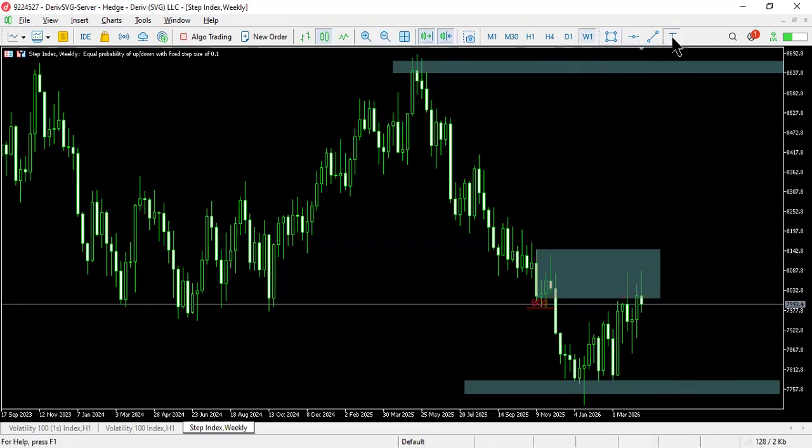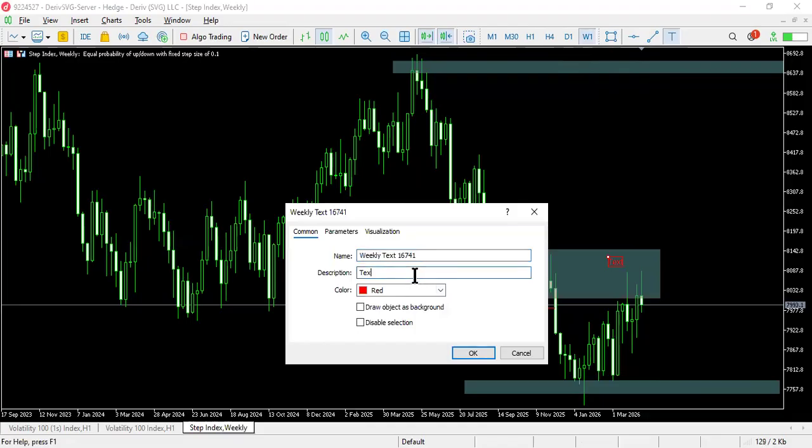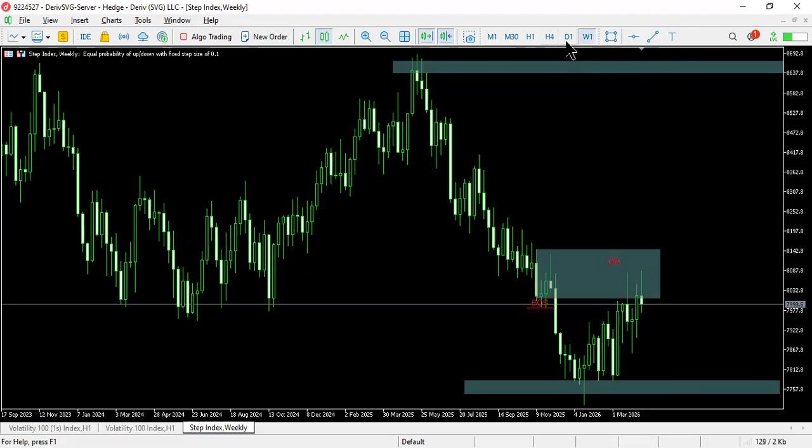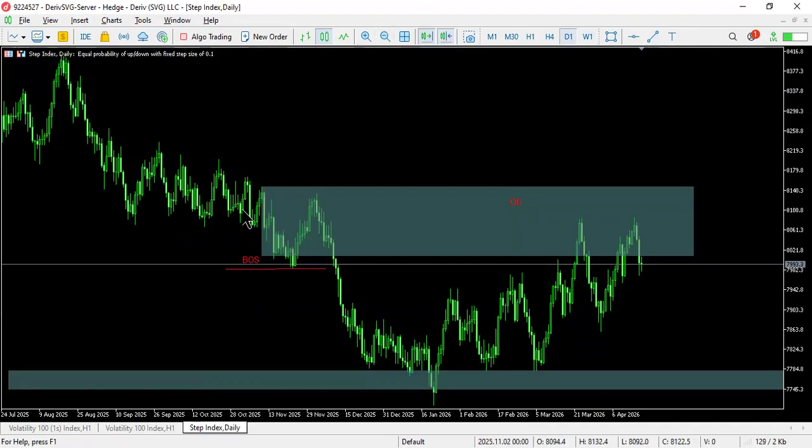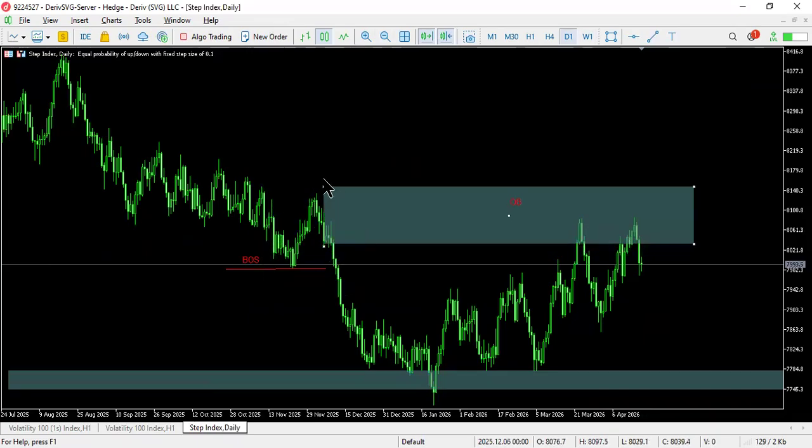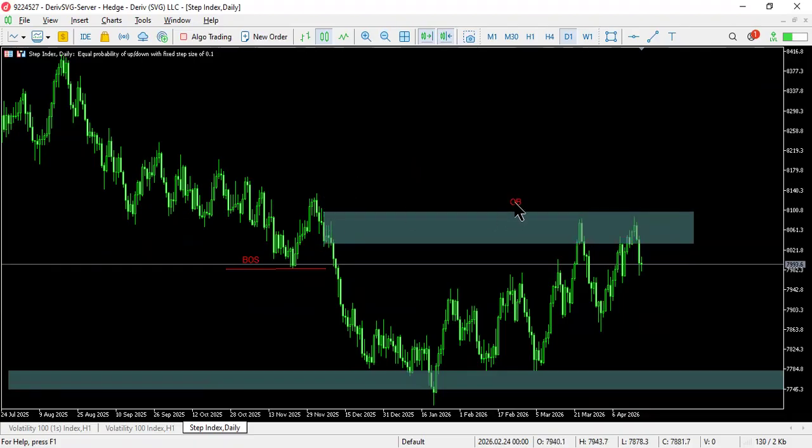Heading over to the daily time frame. From the daily time frame, that is where our order block is, and price has just stepped in. We formed a bearish engulfing, and we are getting a push to the downside. So our break of structure is right there,